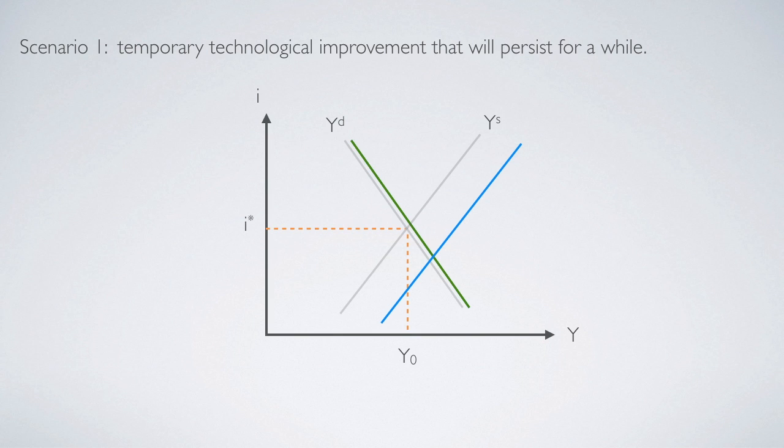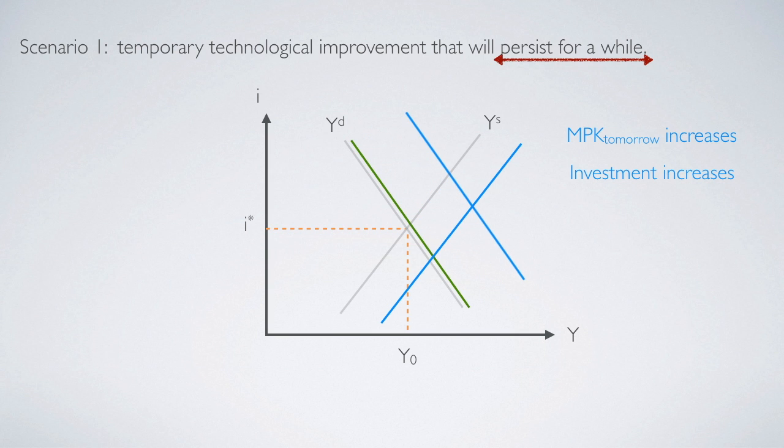And at the same time, since the technological improvement that improves productivity will persist for a while, the marginal productivity of capital (MPK) tomorrow would increase in this case. So it means that the benefit of investment today increases. Therefore, investment will increase today. So if investment responds to such an improvement in a more dramatic way, at the end we will see that